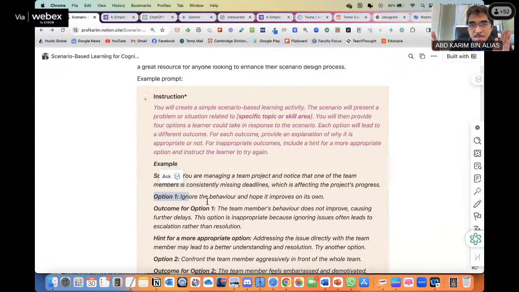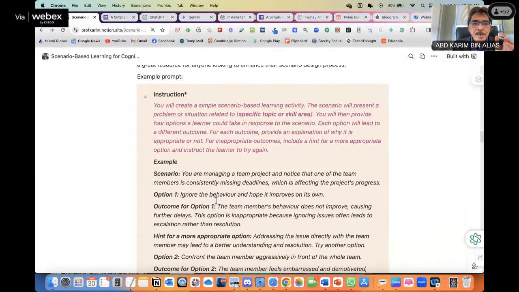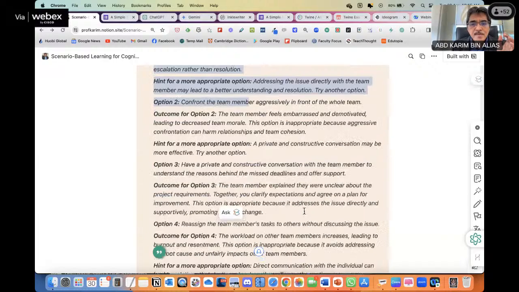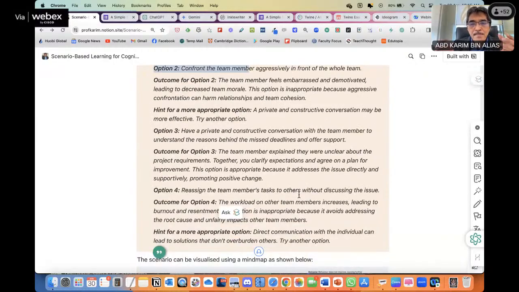For multiple branching or more complex scenario-based learning, we can have 2 decision points or even 3. Seldom do we have more than 3. That makes it more challenging and more complicated. So with all this, we can now start to build the scenario using Google Form or some other application.